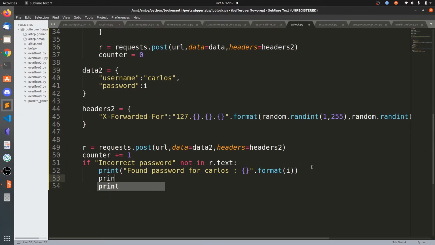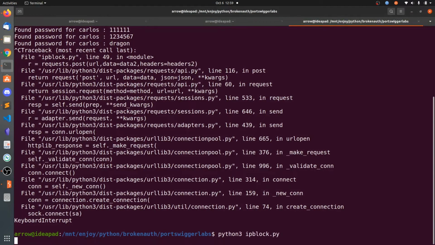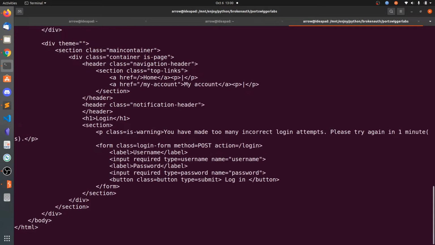Let's also print r.text. So we are getting: you have made too many incorrect login attempts.